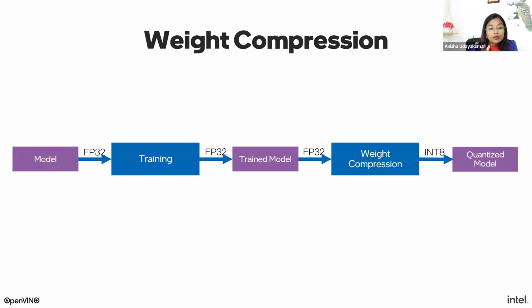By compressing weights, we can fit large models into limited memory spaces. And the Neural Network Compression Framework, or NNCF, facilitates this with 8 and 4-bit quantization, focusing only on weights to maintain accuracy while improving the performance as well. And this is what happens under the hood. The 8-bit quantization is akin to efficiently packing your suitcase. And this helps to boost performance, and it is ideal for CPUs and GPUs as well.